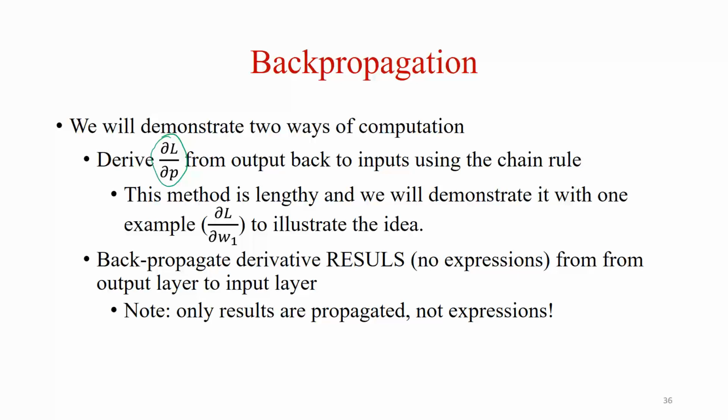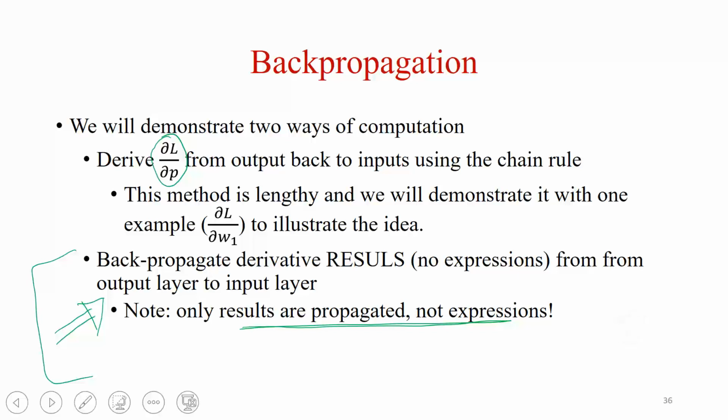Then we'll use another method, where we propagate only the results, not expressions. This is basically the practical way. In other words, we'll show how you can propagate the results as opposed to going through the derivatives and applying the chain rule. Both methods are correct, but the second method is more practical and more friendly for computations, algorithms, and programming. I'm going to stop here and we'll continue this discussion